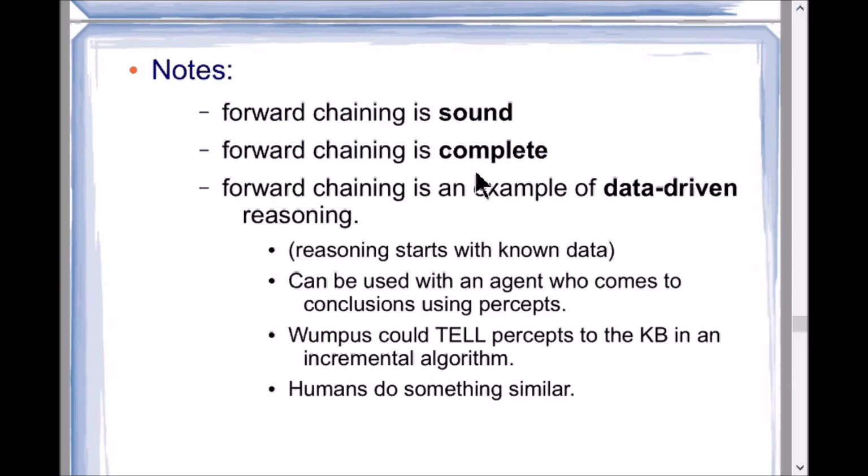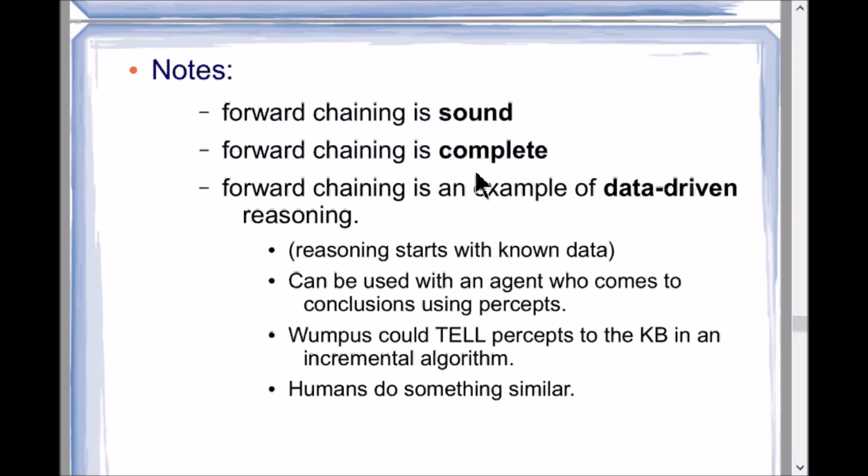So as the agent's perceiving things, you're adding those percepts to your knowledge base, and so as you add a new percept, well, then you can start a new inference, right? So percept, inference, percept, inference, and then you can be adding facts that are the result of those inferences. So the knowledge base is growing,